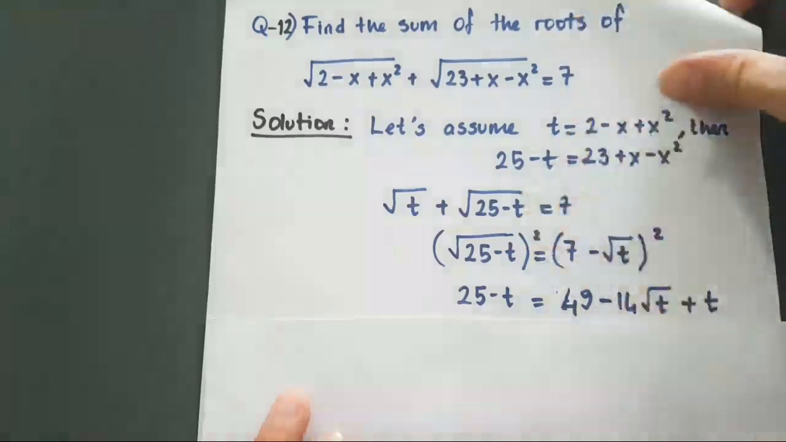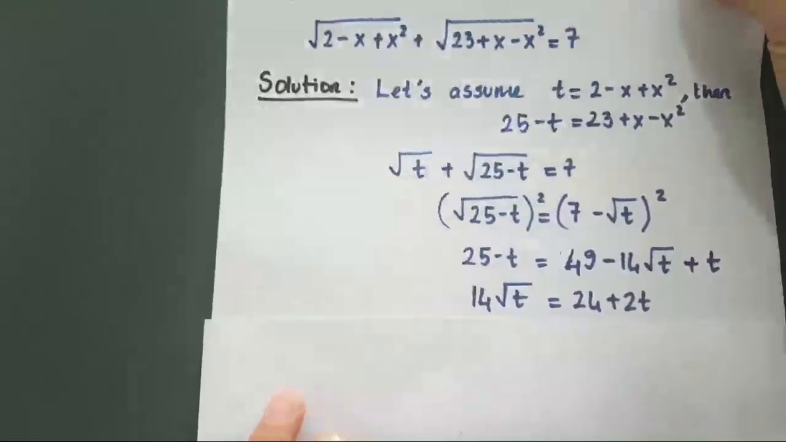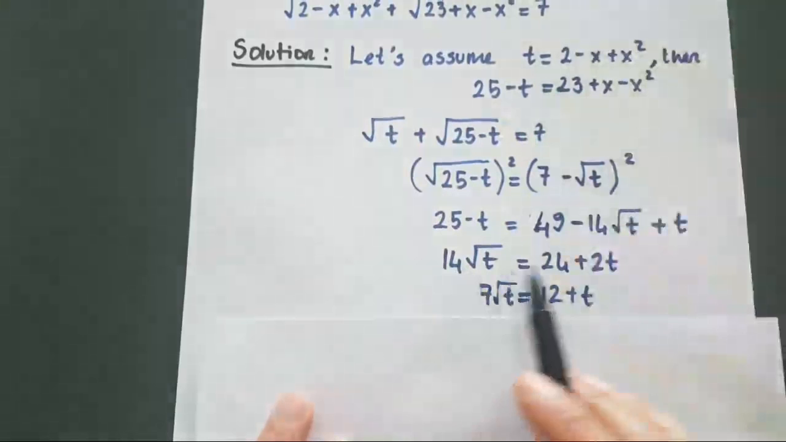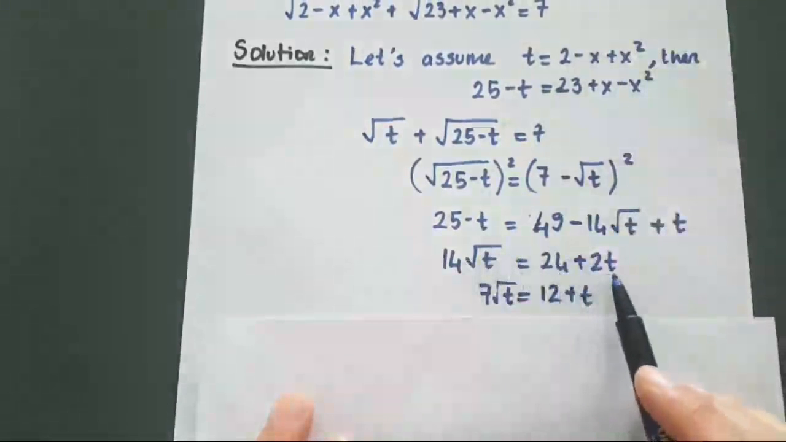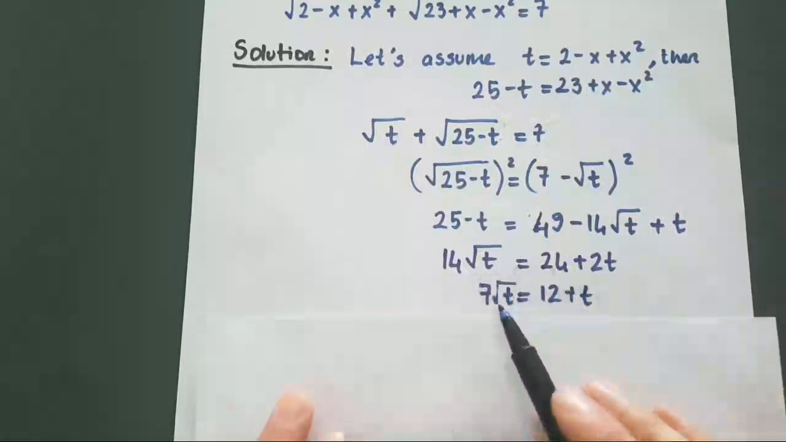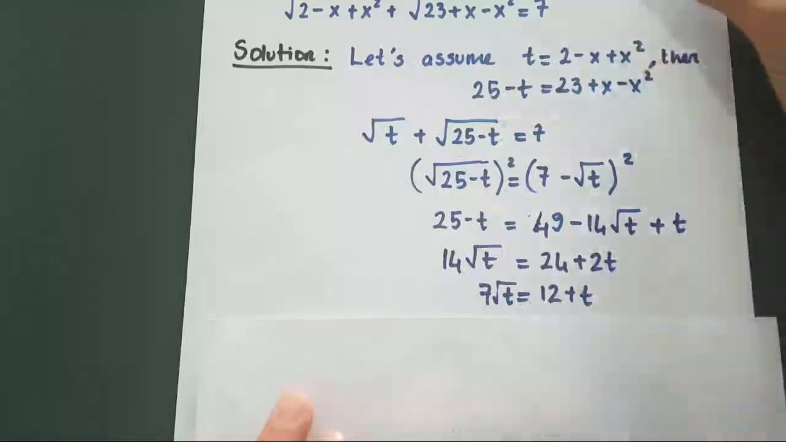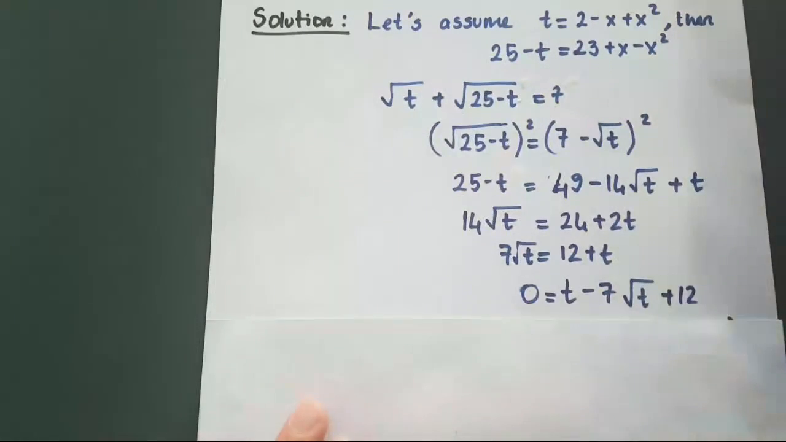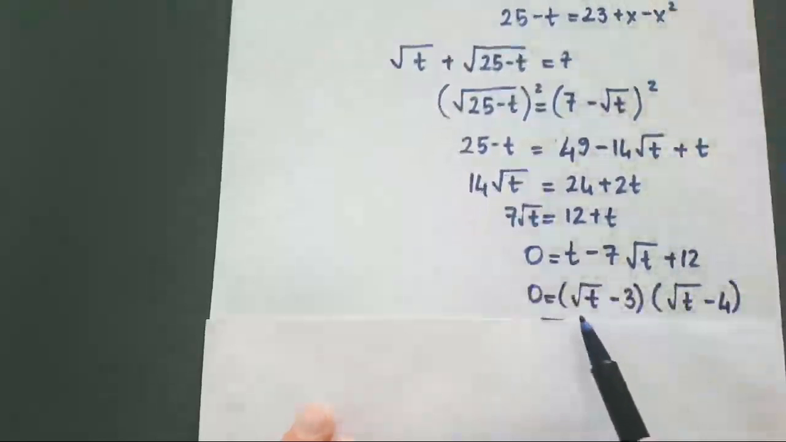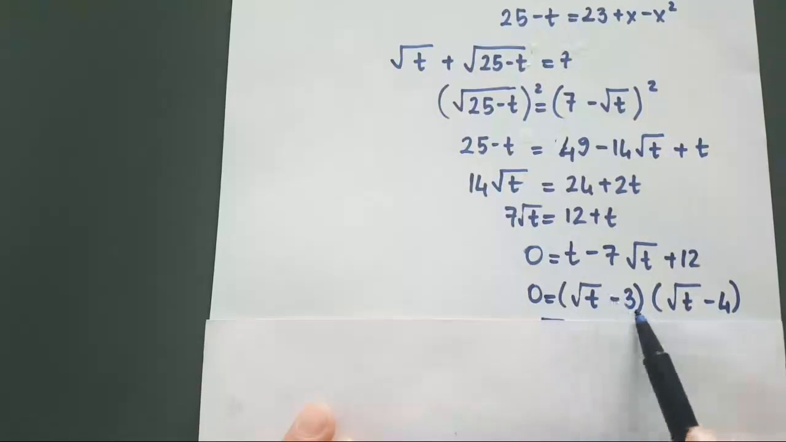If I simplify this expression, I will get 14 root t plus 24 plus root t, 7. If I divide both sides of the equation by 2, it will be 7 root t equals 12 plus t. So here, if I write it in quadratic form, it will be t minus 7 times square root of t plus 12. When you factorize it, the factors of this quadratic expression are going to be root t minus 3